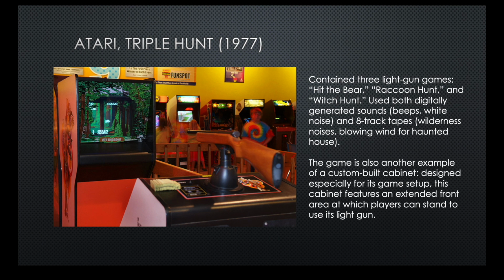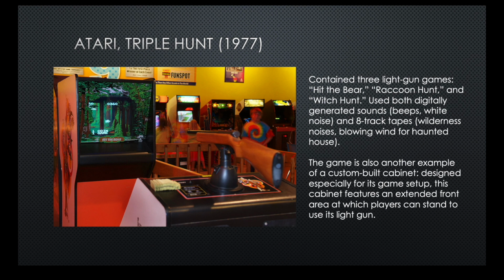You'll see in the picture here, there's a little plastic background, a frame where the arcade operator could set the game to be, in this case, the bear hunting game. So they have the forest, and along with that plastic frame came an 8-track tape that would play appropriate sounds for these games. You had spooky wind blowing for the haunted house,